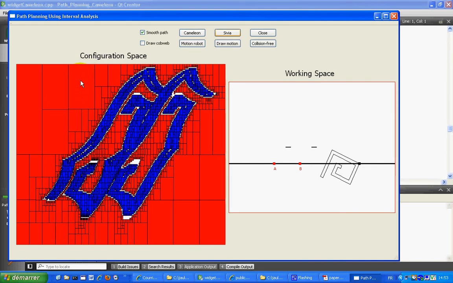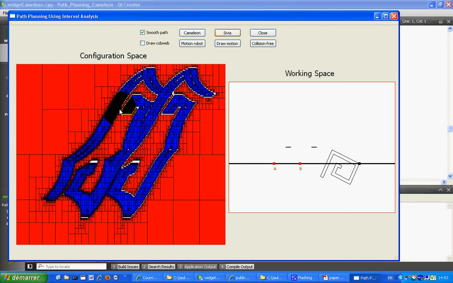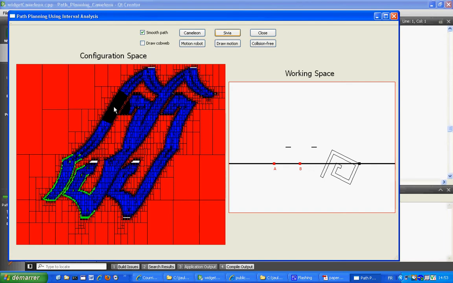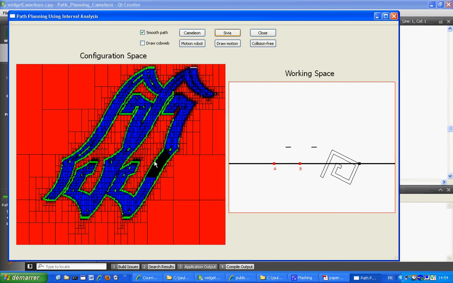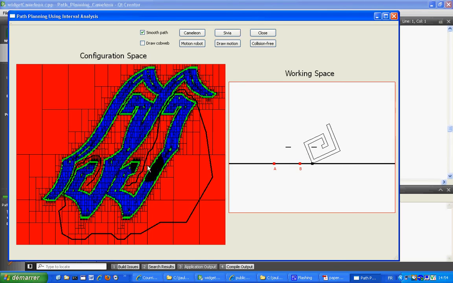On the blue boxes, you are sure that you will touch one of the obstacles. Using some kind of branch and bound algorithm, named here CVA, you are able to find the path. So let me now follow the path from A to B. Of course I move, and you see on the right that the object moves without touching the two obstacles.